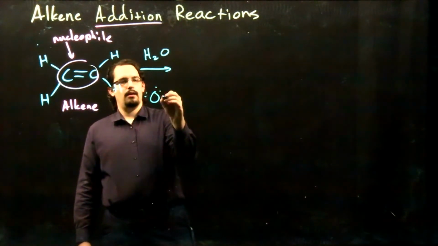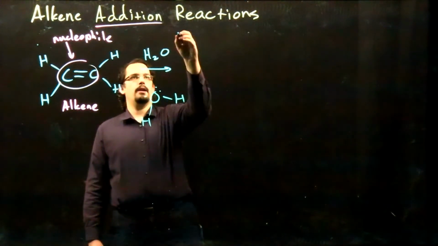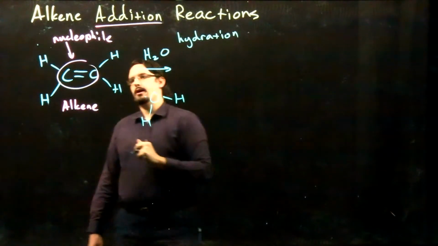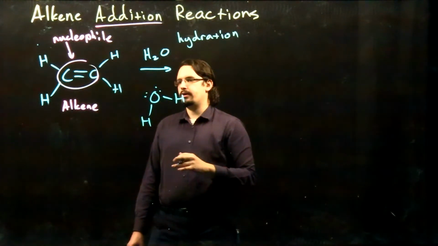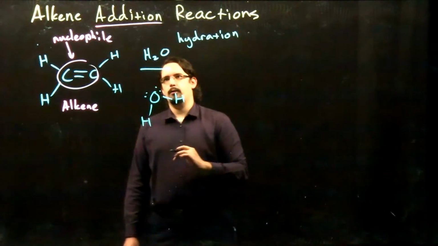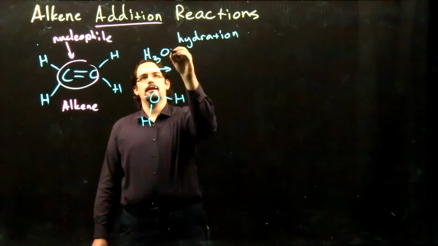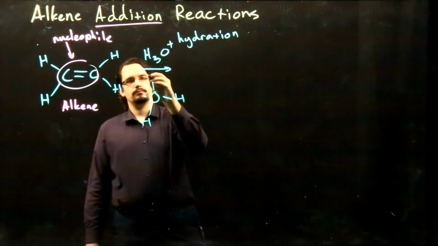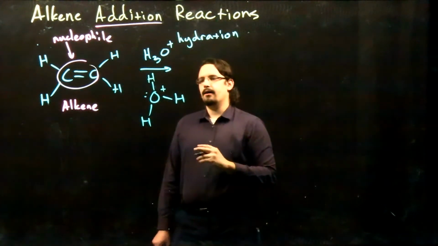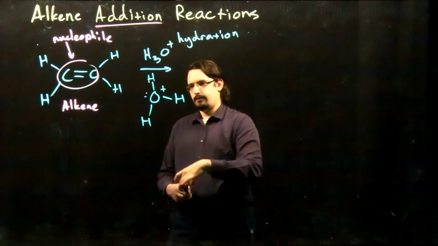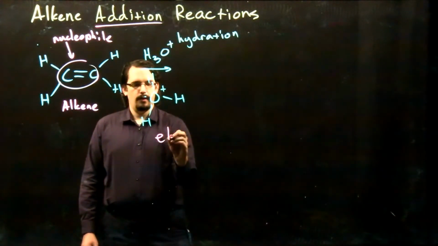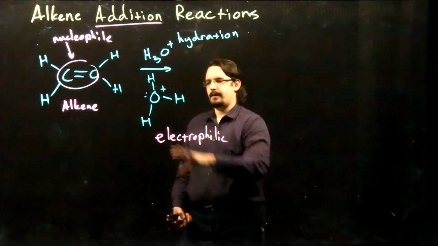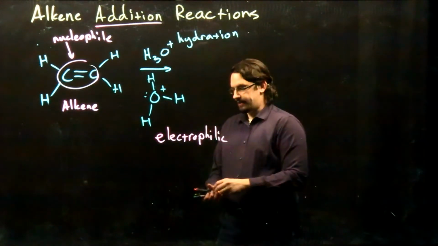So we have our water here in our hydration reaction. Again, we're going to use our alkene double bond as our nucleophile. And normally, instead of just using water, we're going to use an acid catalyst. So if we modify this to our hydronium ion, now we have something that's relatively electrophilic. Right? So we have a positive charge. We have something that's electrophilic. It's acidic. It wants to get rid of that proton, so that it can get back its neutral charge,